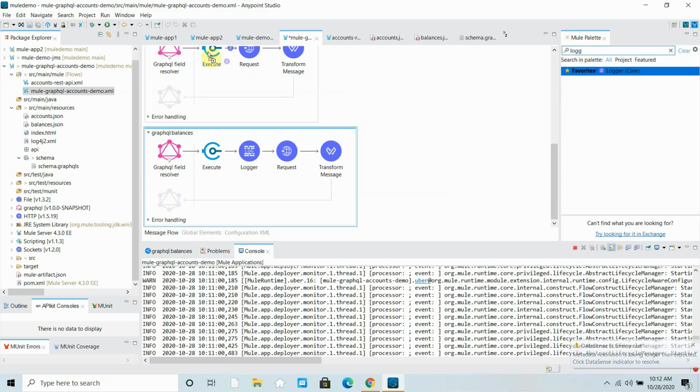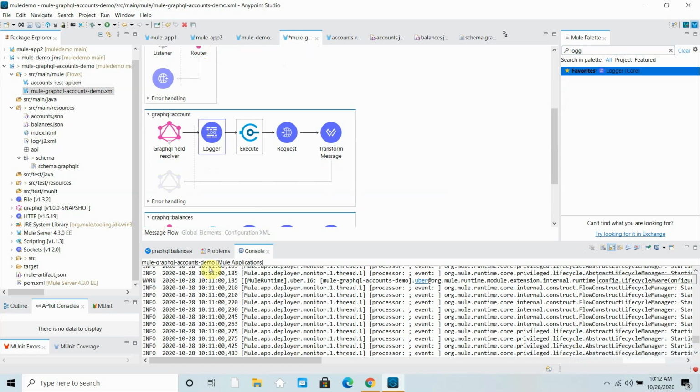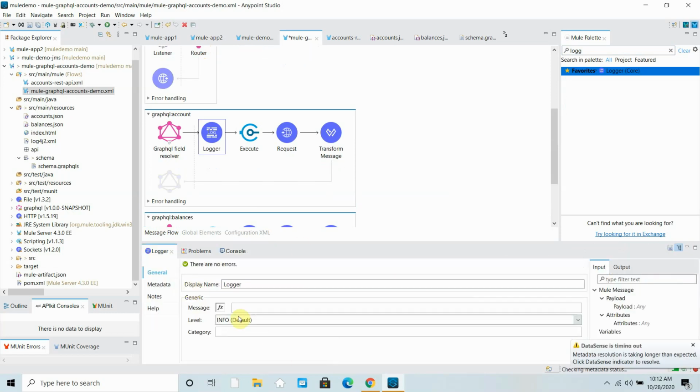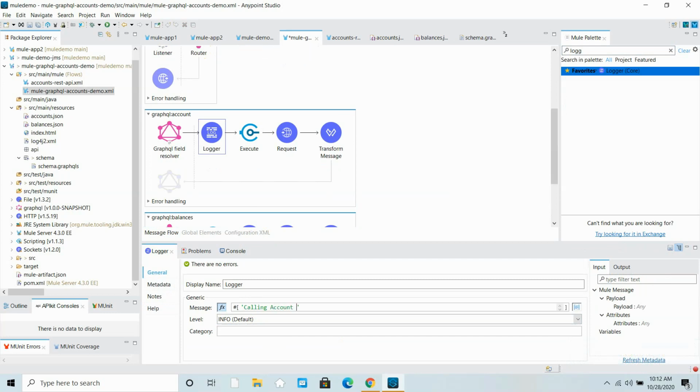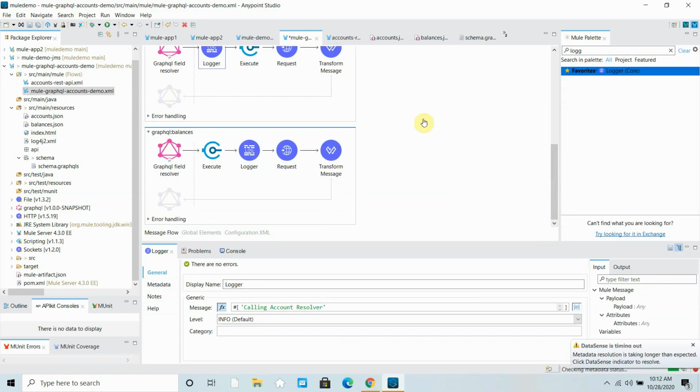Logger. So I can say calling account resolver. Then I can add one more logger.